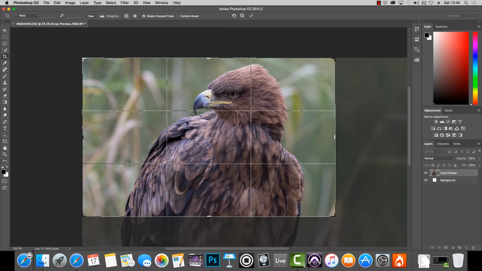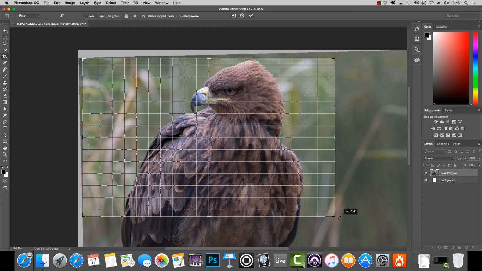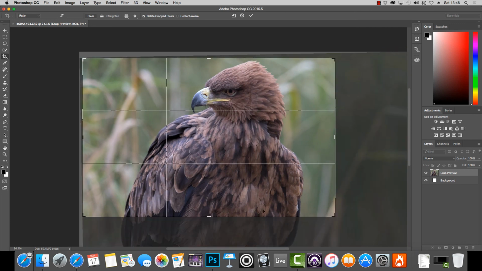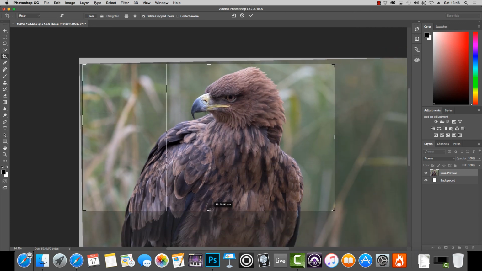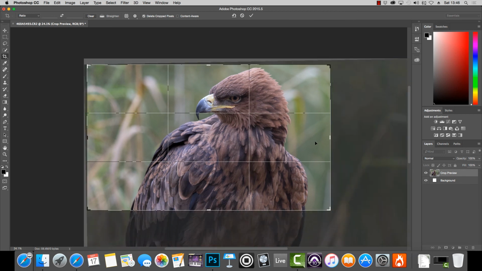So we use the crop tool for that. That's the crop tool there. And if you're not happy, you want to straighten the image, you can put the mouse outside of that area. When you get the double, just outside the corners there, you can see the little boomerang shape arrow up here. When you get that, you can hold it down and you can twist the image to straighten it. So I'm just going to bring that in a little bit. There we go, and I'll press enter,